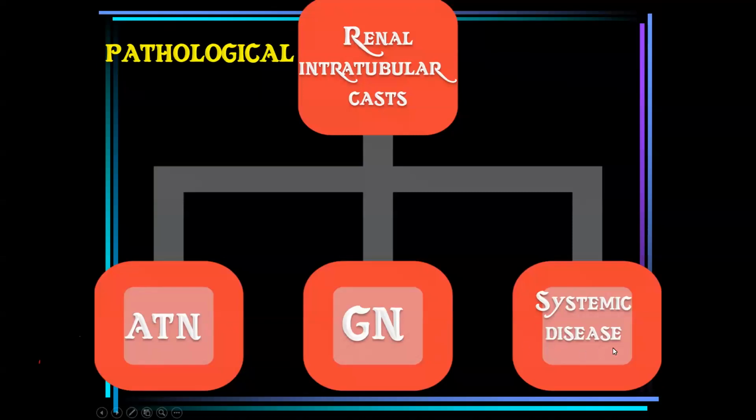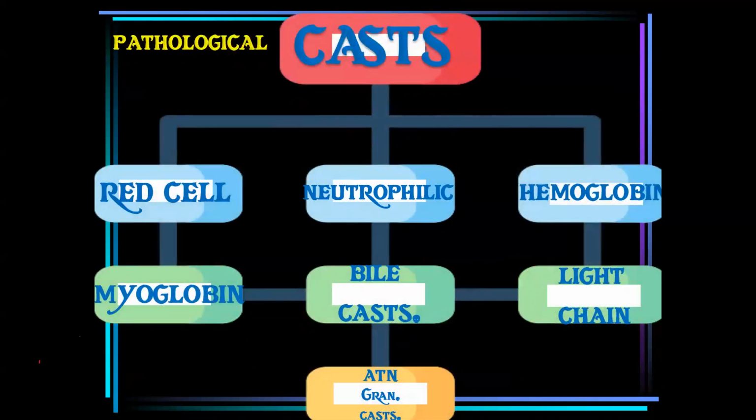And systemic diseases present may result also in the formation of intratubular casts. So this is, in broad terms, speaking about the pathological renal intratubular casts. If we speak about the endogenous renal tubular casts that may result in acute tubular injury or acute tubular necrosis,